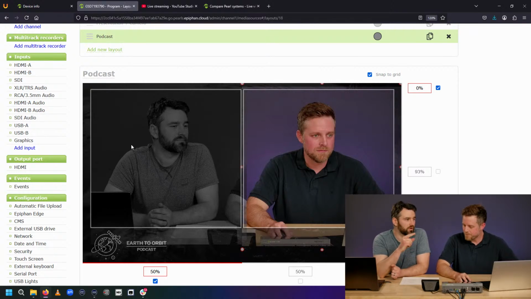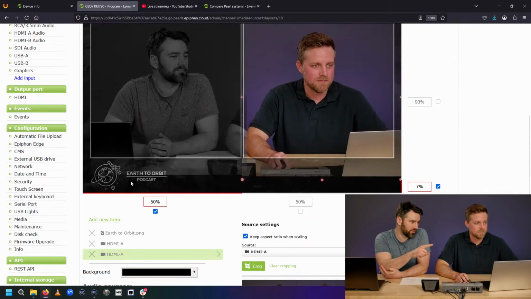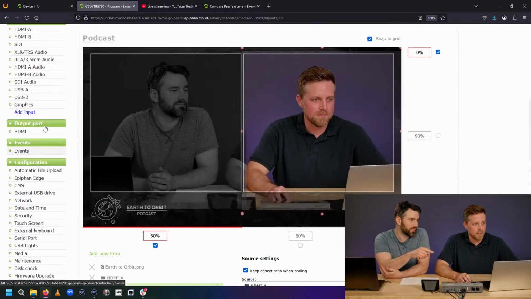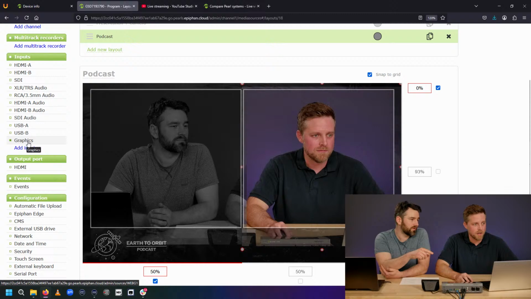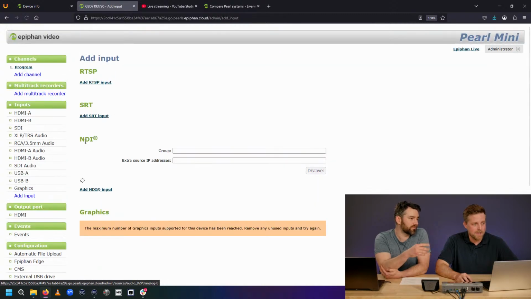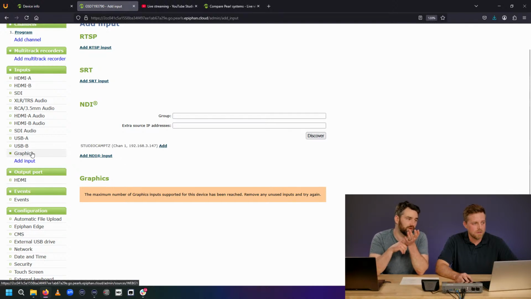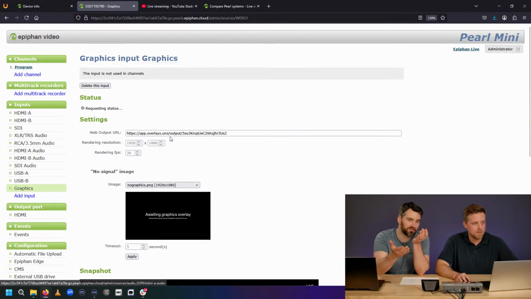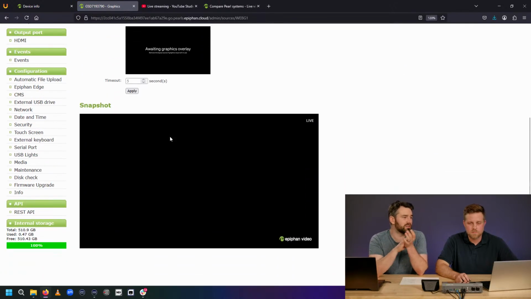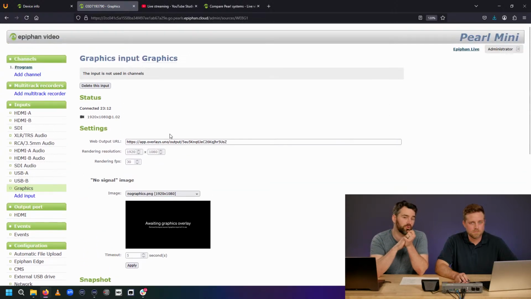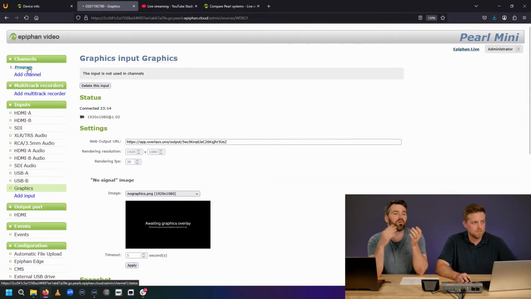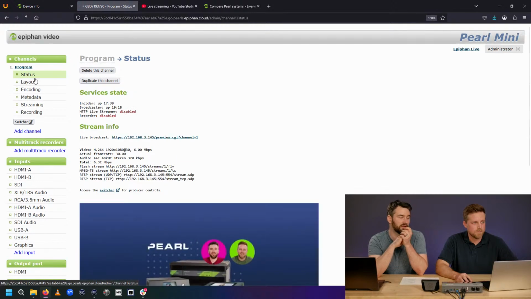Maybe we'll just quickly talk about, just before we move on, if you press add input at the bottom left-hand side underneath inputs over here, where you see graphics. So we've got a way to add external graphics as well. We're using hardline inputs today, but we could bring in an RTSP source, an SRT source. We have NDI Discovery on here as well, in addition to having web graphics. So you can output a source from FlowX, Uno, and overlay that over top of a production as well.